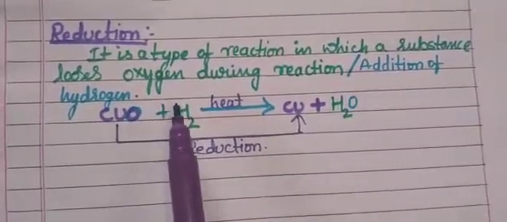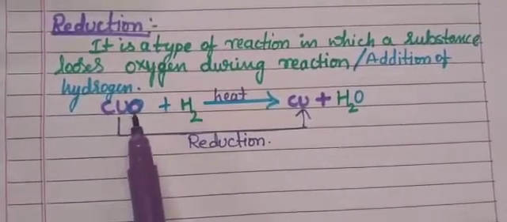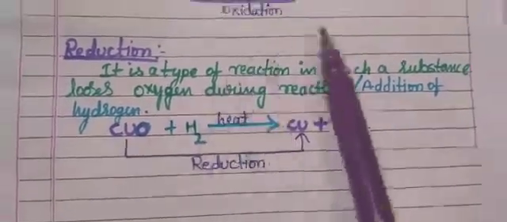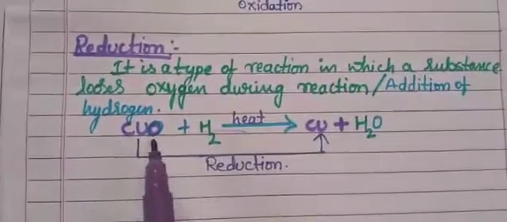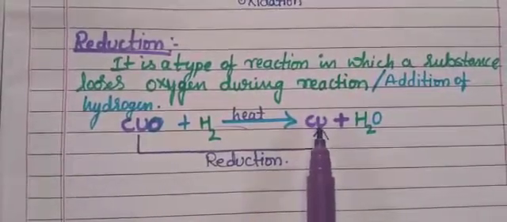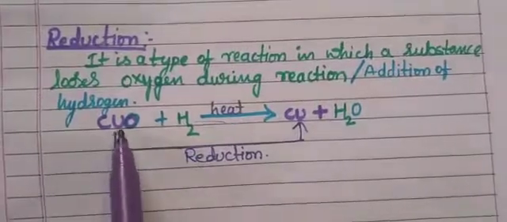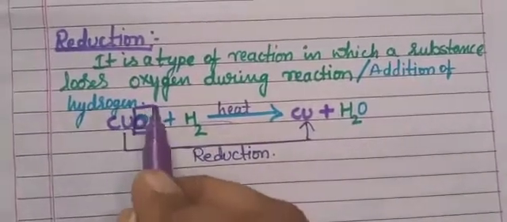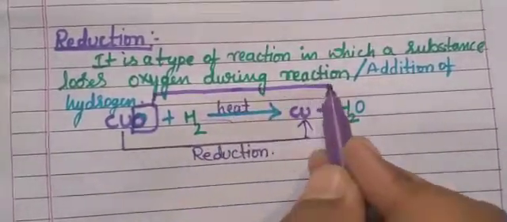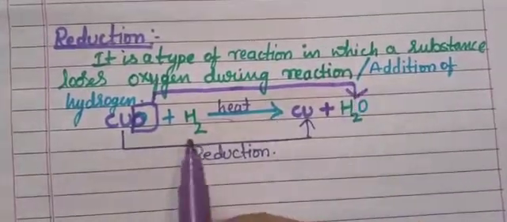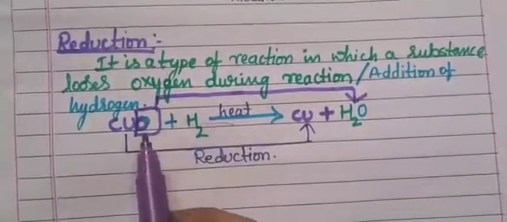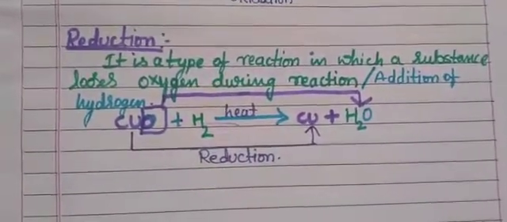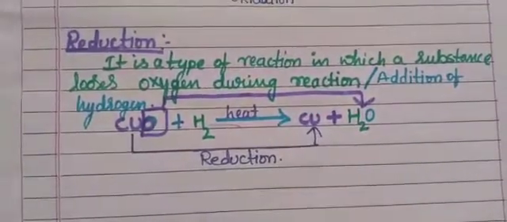So here, if hydrogen gas is passed over this copper oxide, the black coating, which was formed earlier, has again turned to brown color because we have got copper. So look here, in this case oxygen is removed and it is combining with the hydrogen, right? Here oxygen is removed, and hydrogen is added. It is nothing but a type of reduction reaction. So this is about reduction reaction.